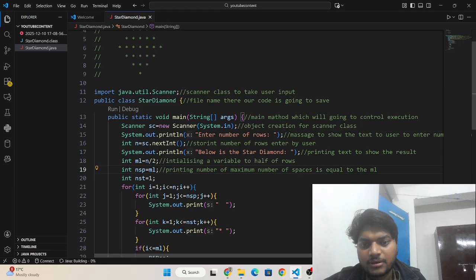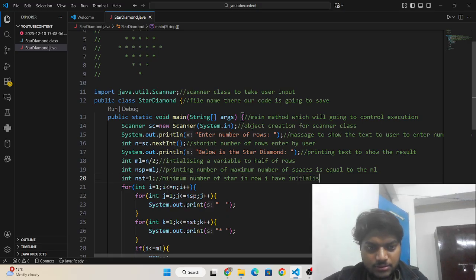Okay, and this is the minimum number of stars in a row that I have initialized.